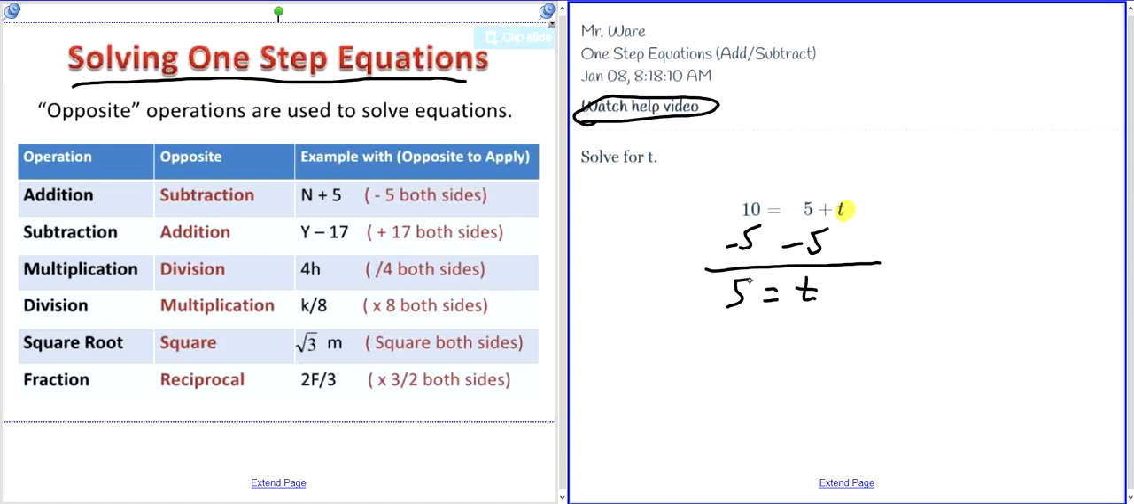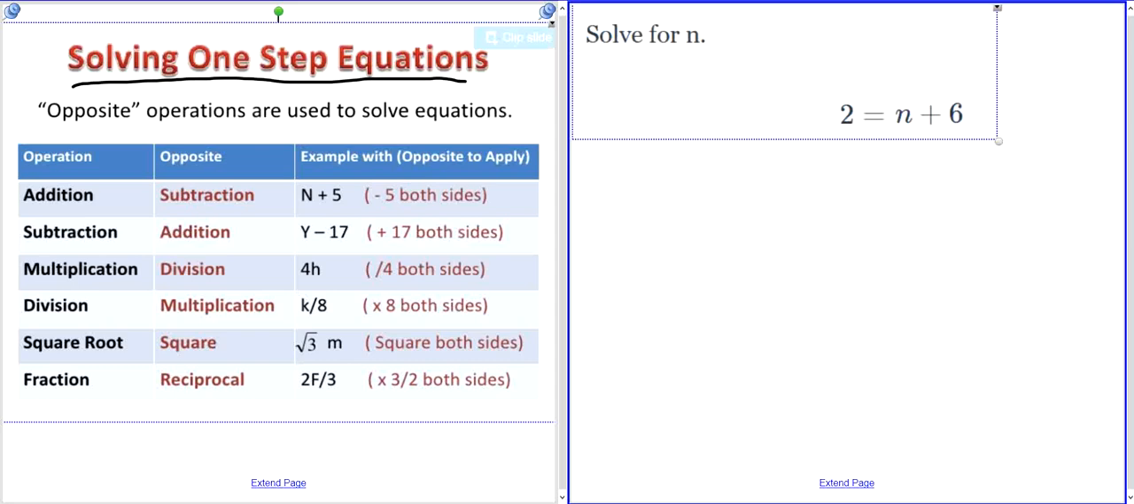Let's take a look at another example. Always remember opposite operations, and we want to isolate the variable. So now we have the variable n plus 6. What we want to do is subtract 6 on both sides. Okay, and then when we subtract 6, 2 minus 6, and if you remember from a previous exercise that